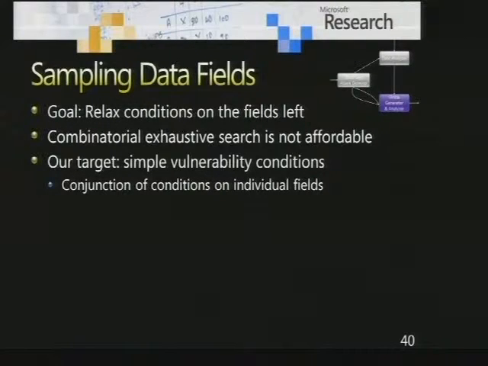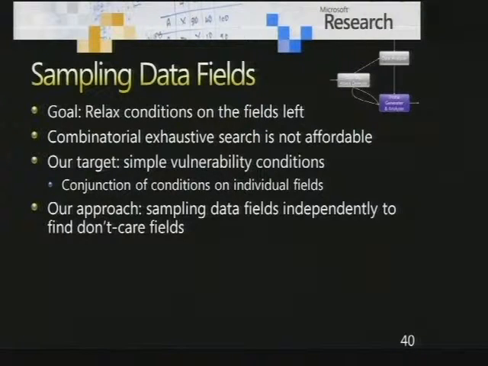We don't look for the combination of conditions on 2 fields. And our approach here is to sample data fields independently to find the don't care fields. A don't care field is basically saying this field can take any arbitrary value. It doesn't matter to the